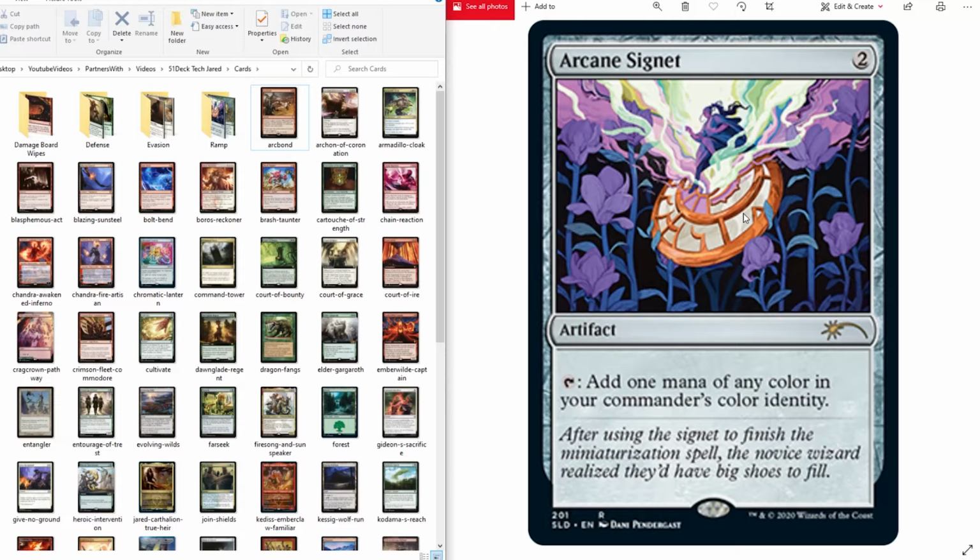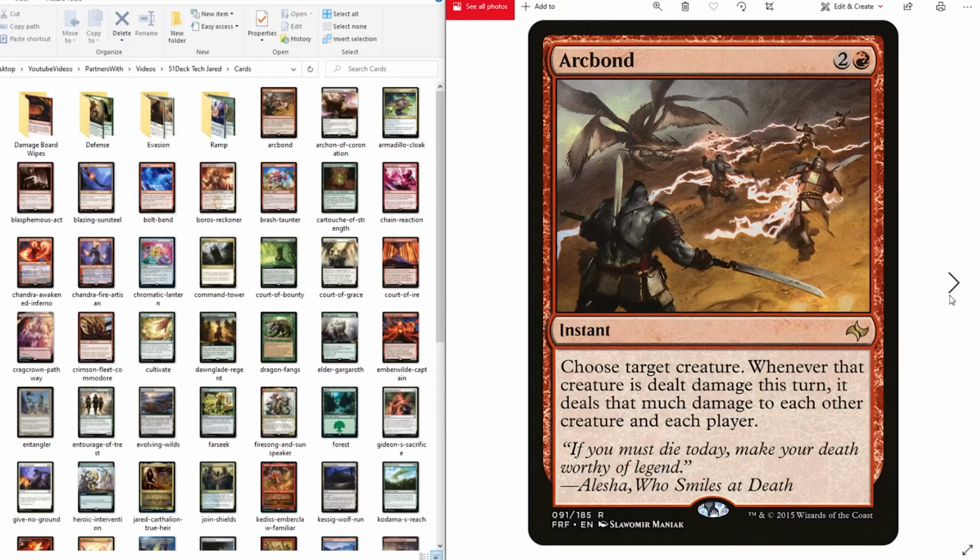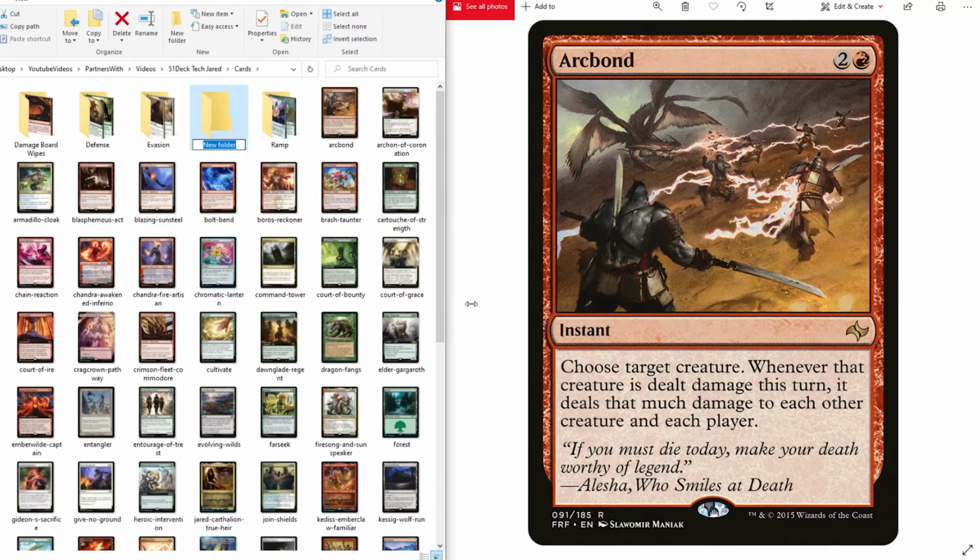Box of Rocks Secret Lair, so I am going to be owning this version of Arcane Signet. I love it a lot. So Arc Bond is, I would say, utility,